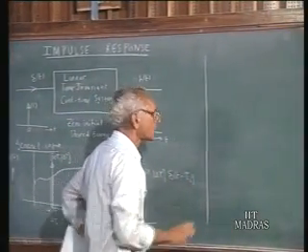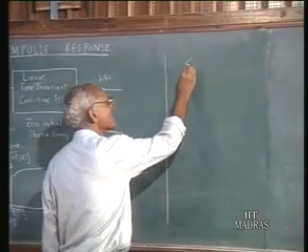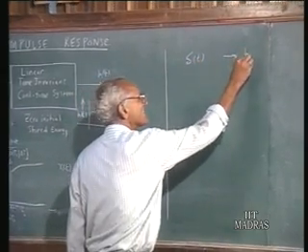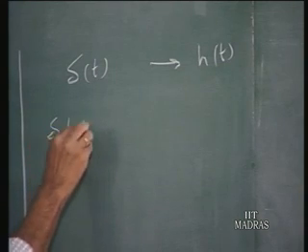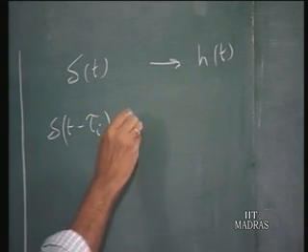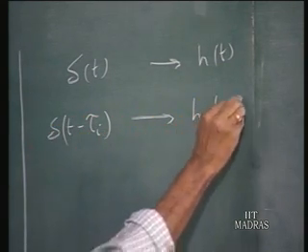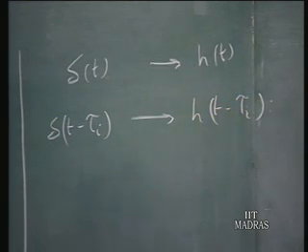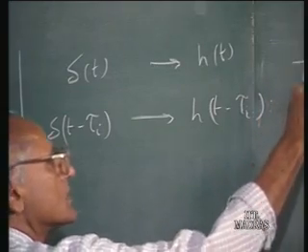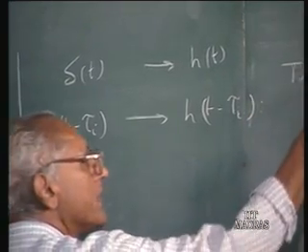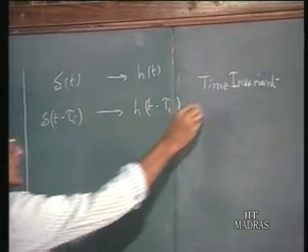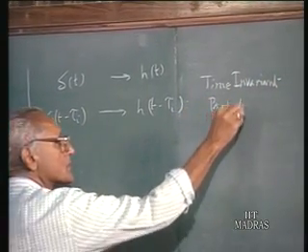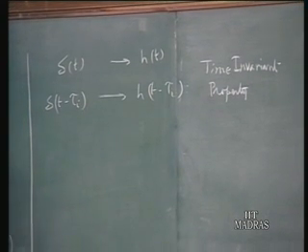So now we say delta t gives rise to a response h of t. Therefore, any impulse which is displaced by a certain time interval will give rise to h of t minus tau I. What is the principle which sanctions this? This is the time invariant property. Because the network is time invariant, any shift in the input will correspond to the corresponding shift in the response. That is what we had discussed earlier.